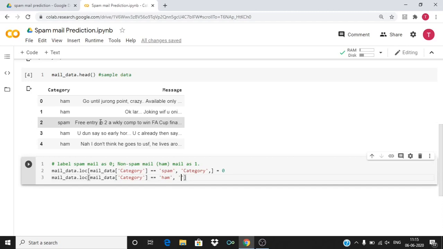So again category, we need to put 1 for ham mails. Okay, so is equal to 1. Okay, so go ahead and run this. So now the labels will be formed.